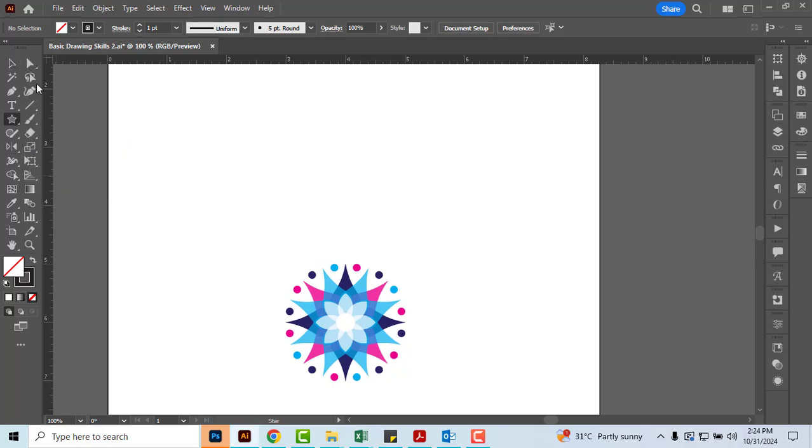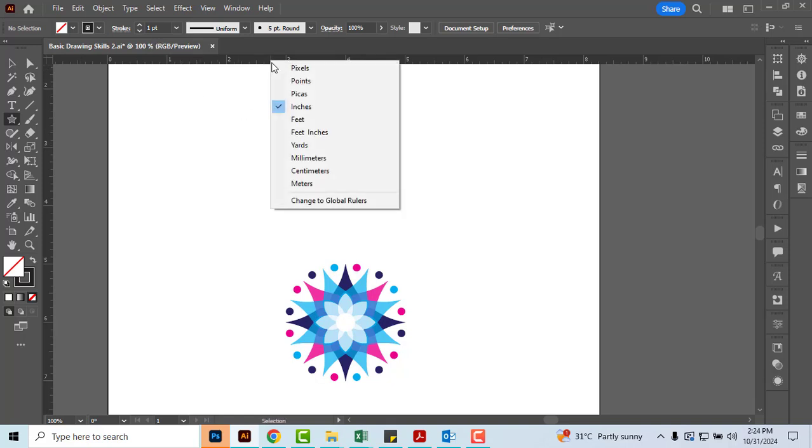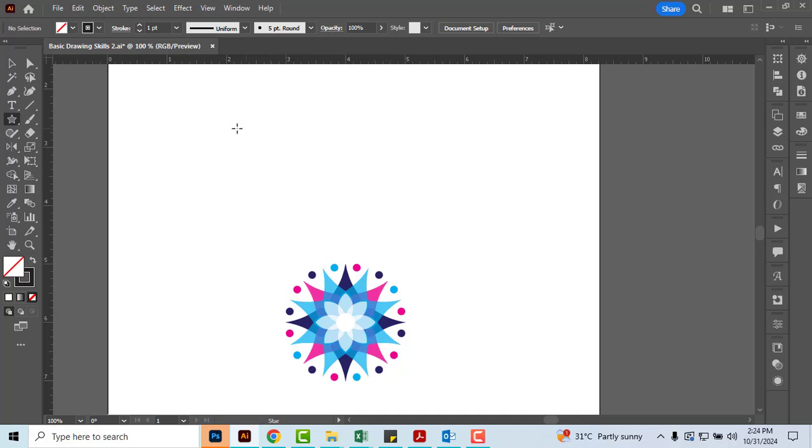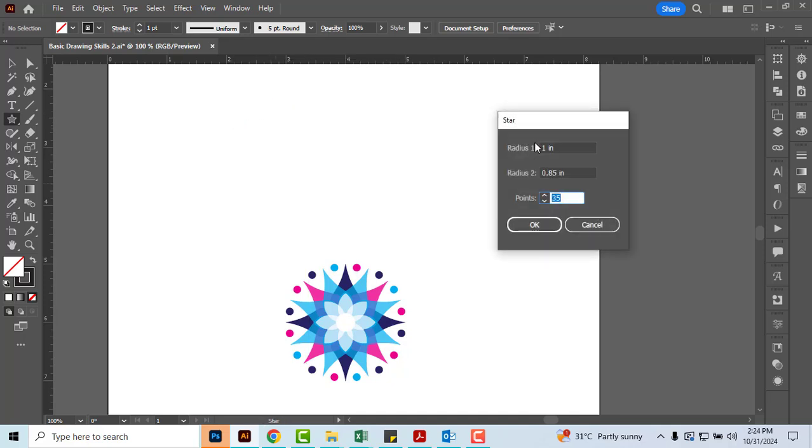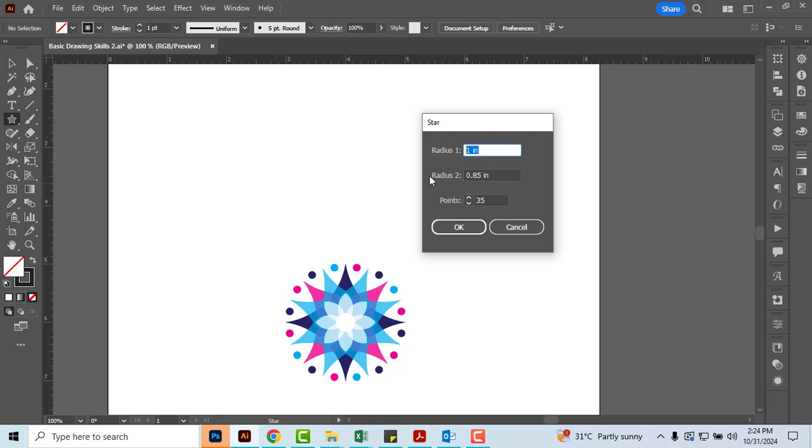Set the Fill color to None and the Stroke color to Black. For this task, let's use inches as the unit of measurement. Right-click on the ruler and select Inches. Now click on the page to access the Star options. Enter 1 inch in the Radius 1 field, 0.85 inches in the Radius 2 field, and set the points to